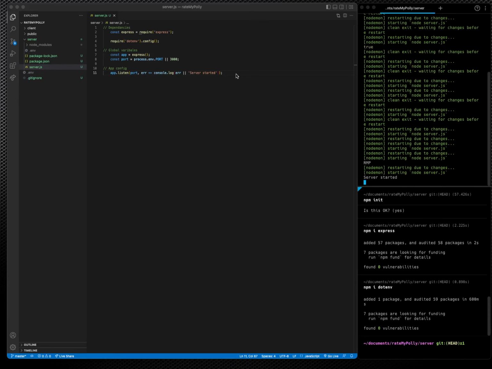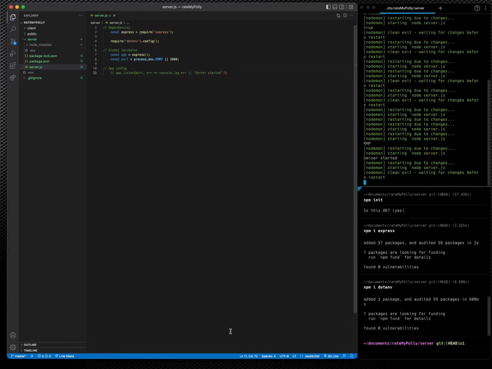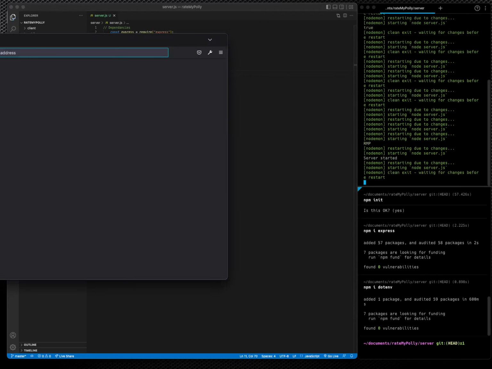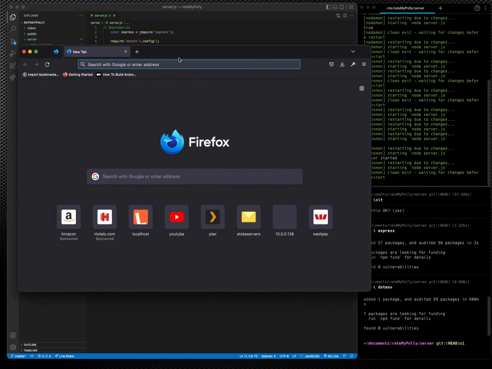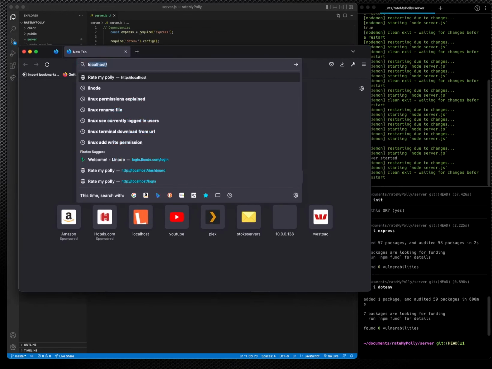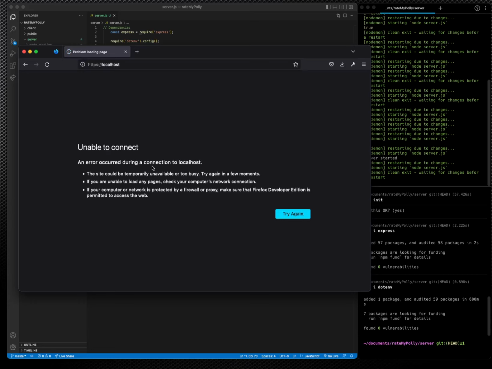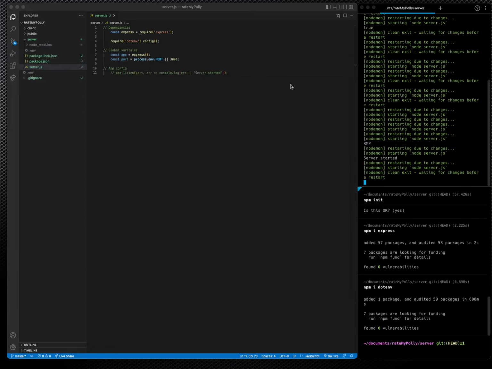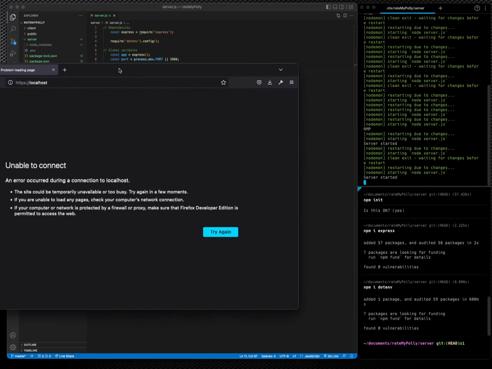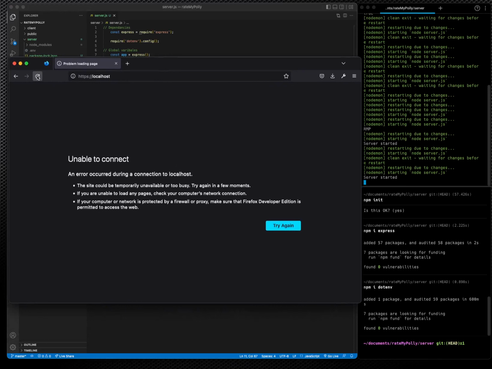All right, let's start off by commenting out this line right here, which is saying we want to listen to a certain port. And let's bring up our web browser, go to localhost because I'm hosting on my local machine, and it's not picking up anything. Error code during connection. So now if we uncomment this one to say we want to listen on that port, we refresh our page,